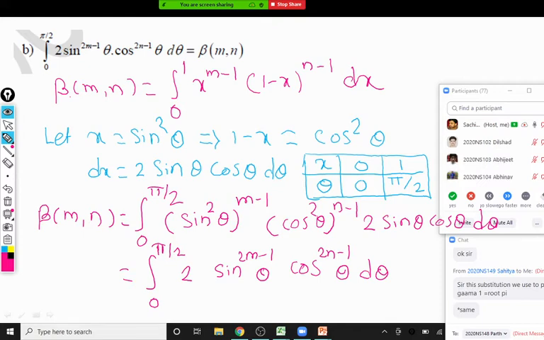So everything is combined and written as the final. Actually, one step I dropped. You are getting dx from this differentiation. What is x? x is sine square theta. The derivative of x is dx. So the derivative of sine square theta is 2 sine theta into the derivative of sine theta, which is cos theta d theta. Clear? So it is the chain rule of derivative, 2 sine theta cos theta d theta. That's the value of dx from this step.